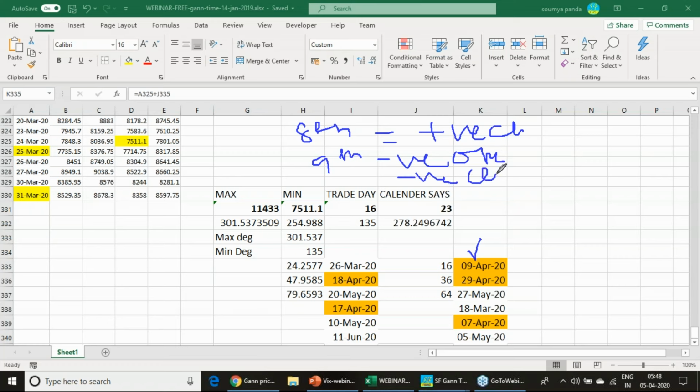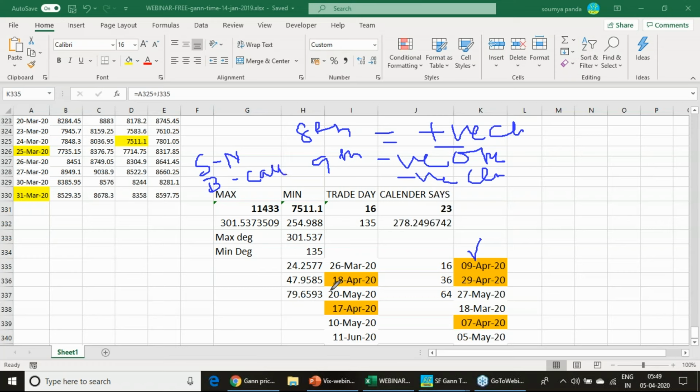Either of these two events is going to happen: it will open gap down, or by the end of the day it will be negative. In this case, on 8th of April towards the end hour, 3:20 to 3:30, you must sell Nifty. Along with that, you must buy a call option